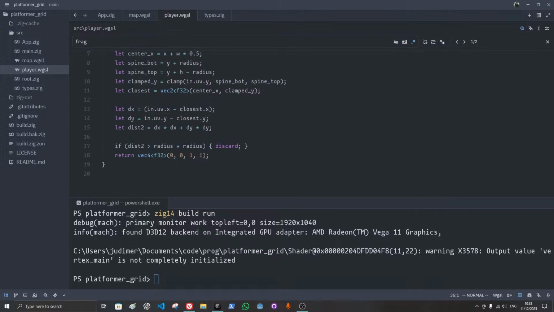So let's go back to the code. So I fixed the code, but before continuing, I want to show you